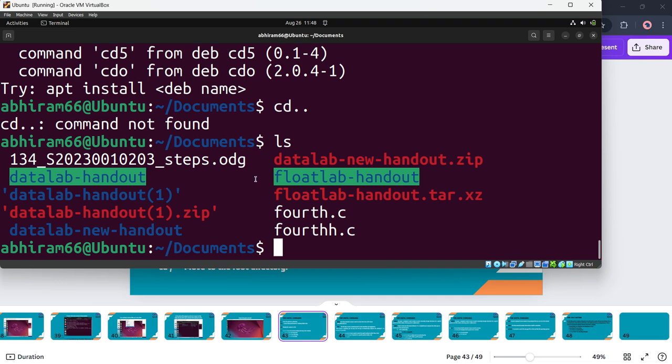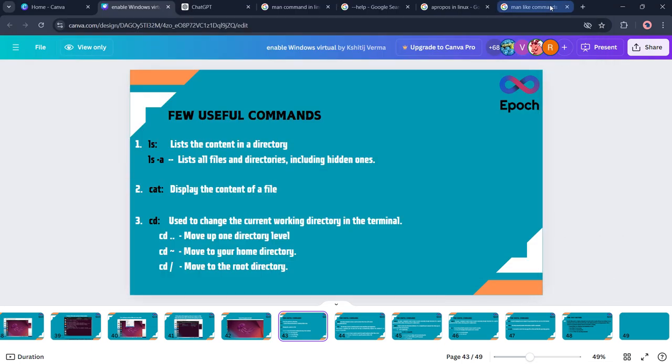Okay, suppose I want to view the content in data lab handout and I type cat. If I press tab, it will automatically fill the available options. Like all I've entered so far is DA and I want to autofill it. Every time I can't keep typing everything, right? If I press tab, it will autofill it. Because there are two options available, data lab handout and data lab new, it will show both options. If I type N again and press tab, it will autofill the available options so that you need not enter all the information again and again. That is one more. And moving on,